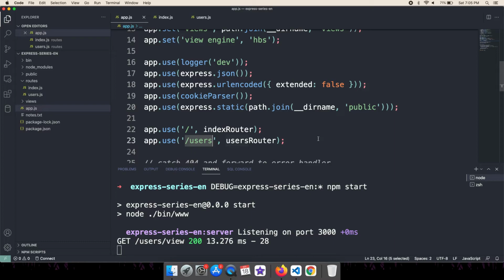In a real world application you will have a lot of these kinds of routes, so you can create your own route file for individual pieces of your application, such as products, customers, employees, etc. All these files will reside here, and the prefix will be different for each of these files, and that's how basic routing works in Express.js.